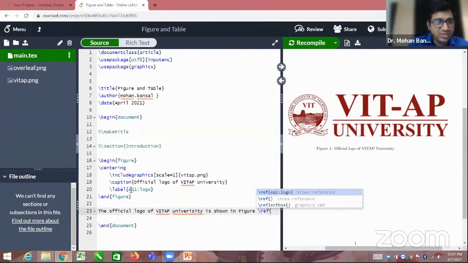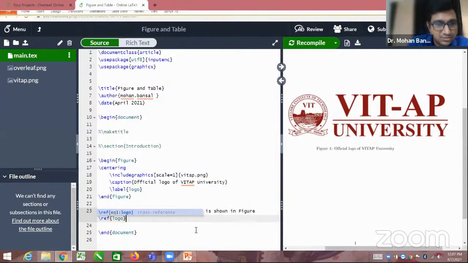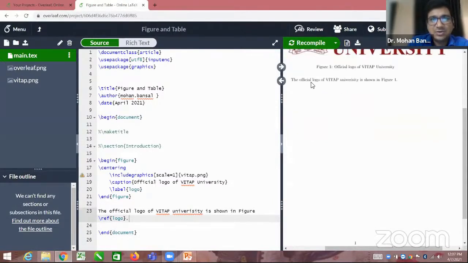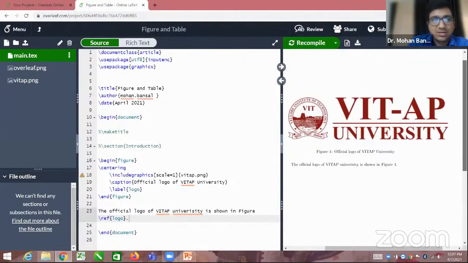Give the name EQ1 colon logo. Here I'm writing only logo, that's fine. Ref logo. Okay. Then full stop. Now if you recompile it, you can see the official logo of VIT University is shown in figure 1. Are you able to see?